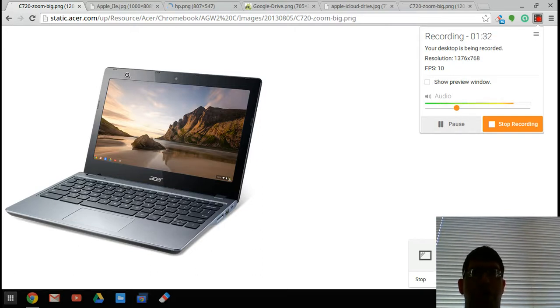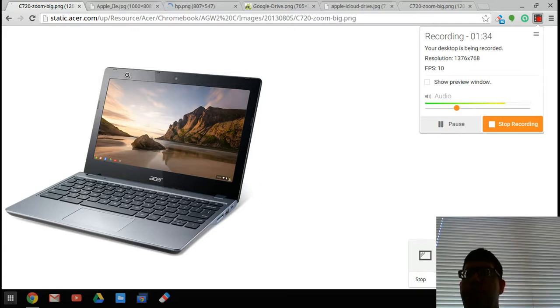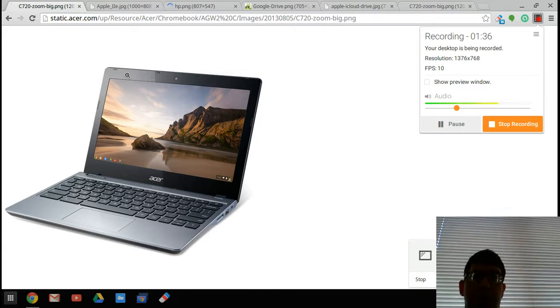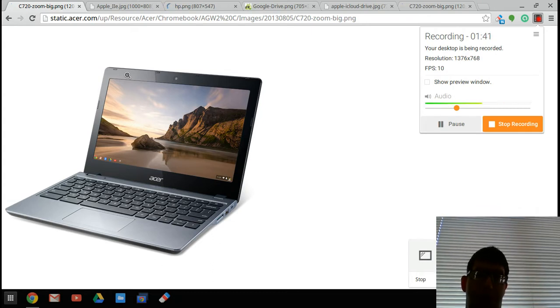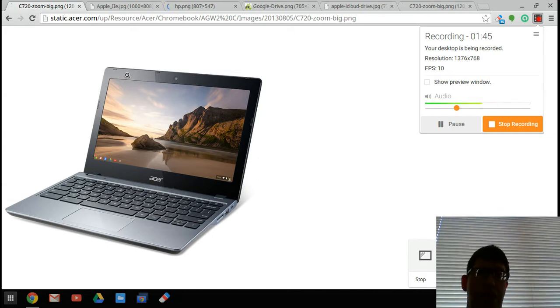And what do I mean by desktop performance? You're thinking, well, this isn't a desktop, it's a cloud-based computer. Yes, it is. But at the same time, it gives you the desktop browsing experience. And I liken the Chromebook